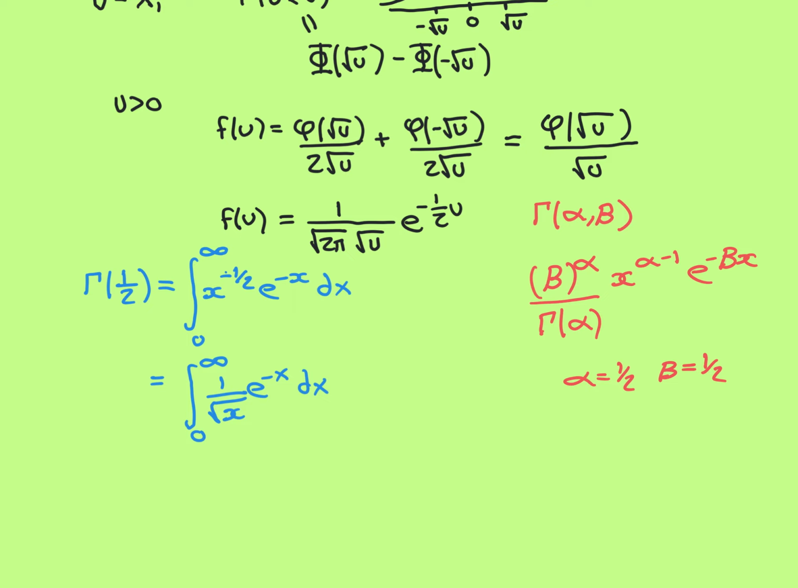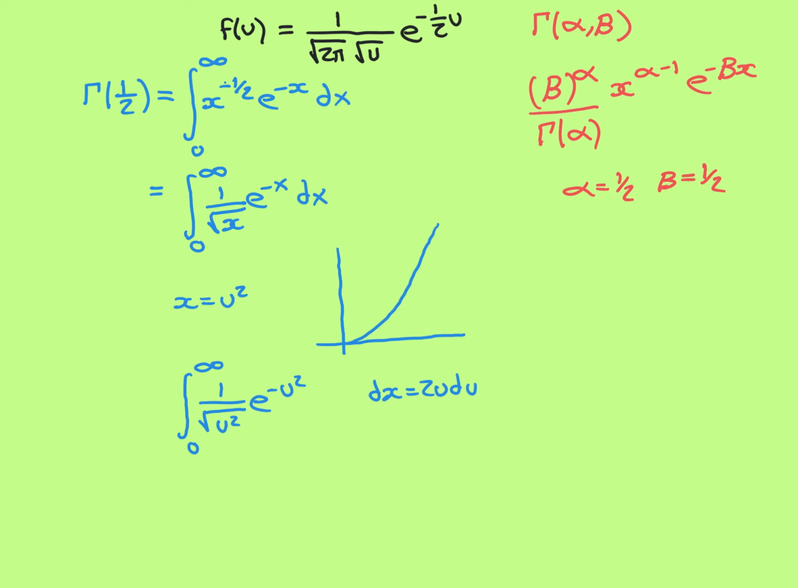Just rewriting that, that's the integral from 0 to infinity of 1 over the square root of x, e to the negative x dx. So how are we going to evaluate this integral and find that it's equal to the square root of pi? Well, we're going to perform a substitution. So the substitution we're going to make is x is equal to u squared, and this is a very nice substitution because on the non-negative real numbers, this is going to be